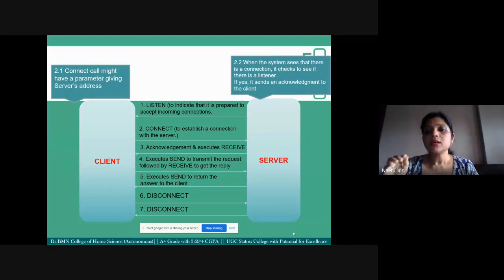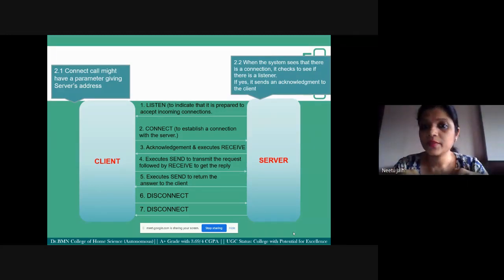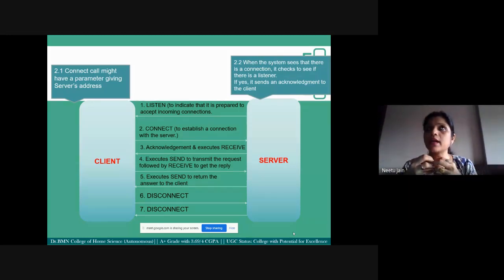So the server issues this command, this operation. These are basically packet transmissions, so the information travels here and there. The server passes one signal in the form of a packet to all the clients that I am ready, I'm ready to listen.